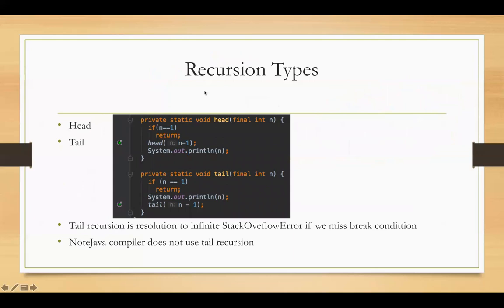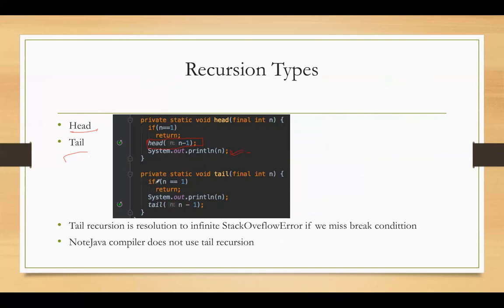There are two types of recursion. The first is head and the other is tail. Here I have placed a simple example: whenever we are placing the recursion function before any of the working, then it's called head recursion.